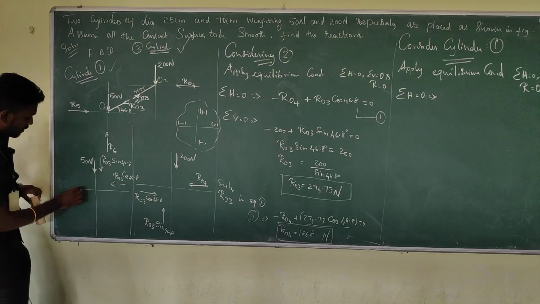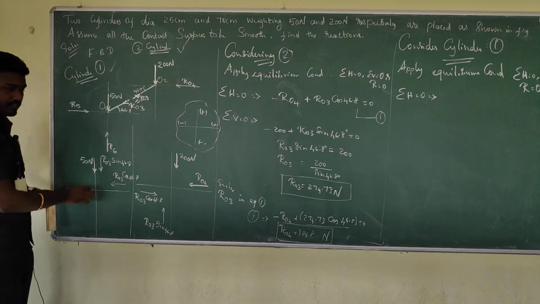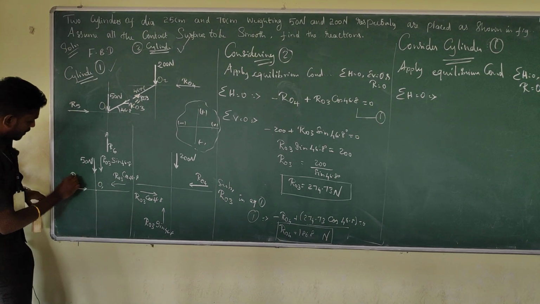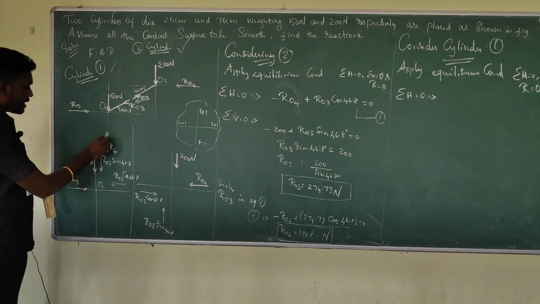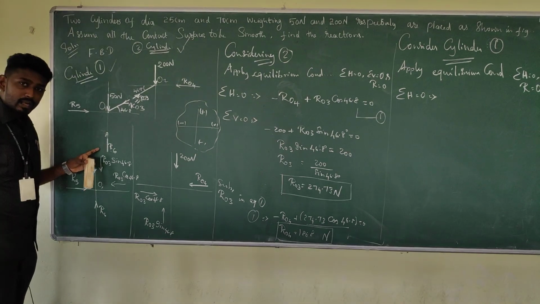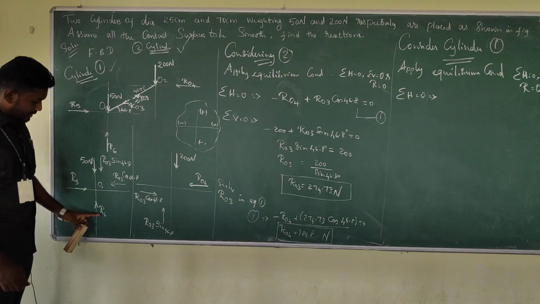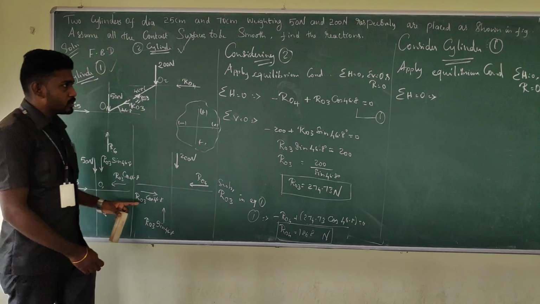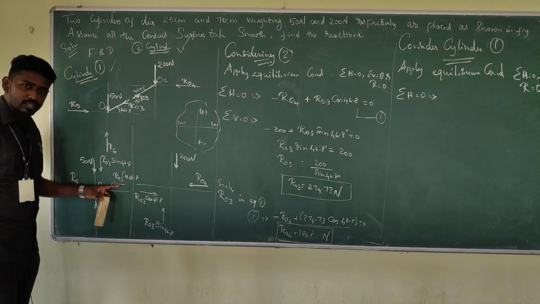And here comes, we have the force which is directed inward to the point O1, which is R5. It's a horizontal force, we can predict it. And here comes the reaction force R6, which is vertically upward. So we can directly predict it as a vertical force, just like this. Okay. So now just try to add all the horizontal forces.